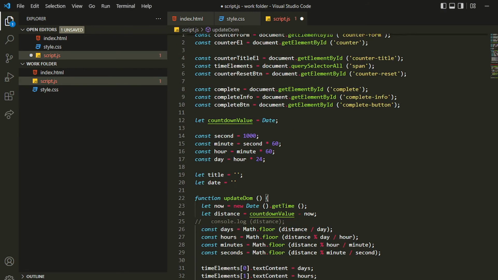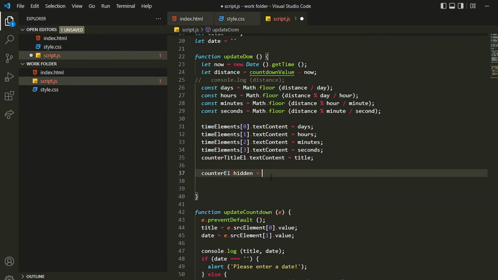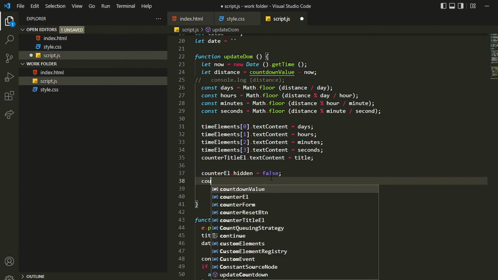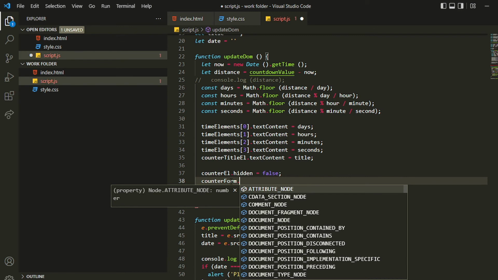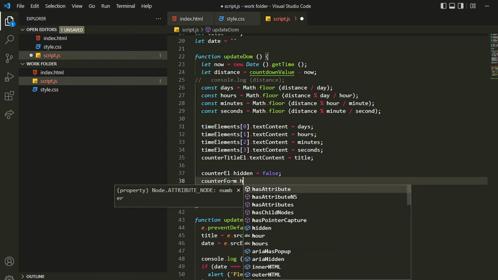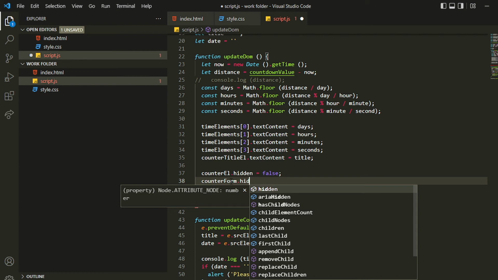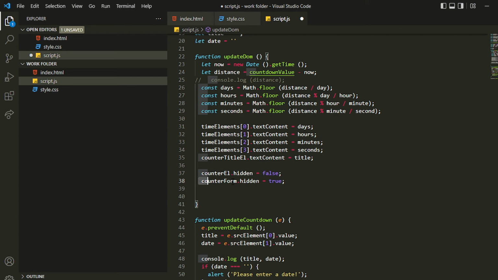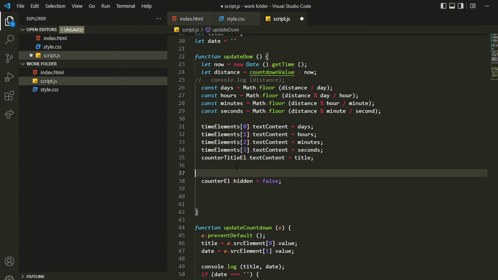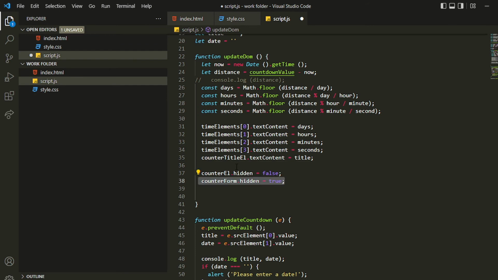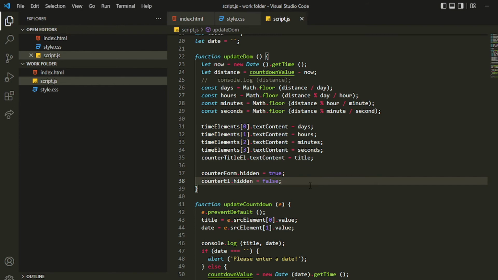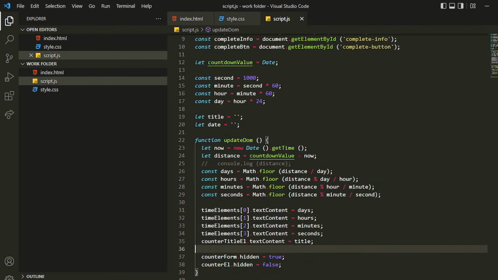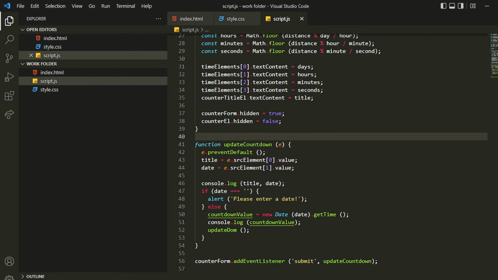So I can set the counter element hidden to false, and the counter form element hidden should be true. We can do that, but I have to do this first, otherwise we'll see that element first. Okay, I'll be pasting that in here, and if I save this now, and if I submit the element,